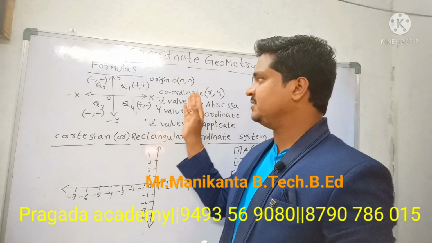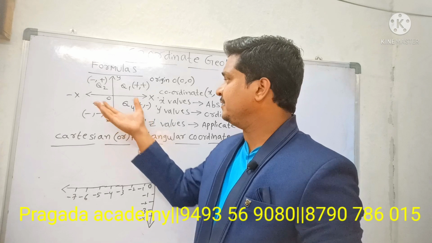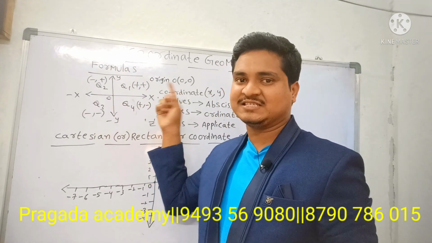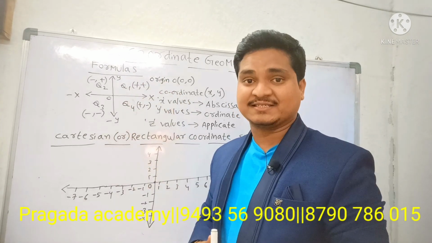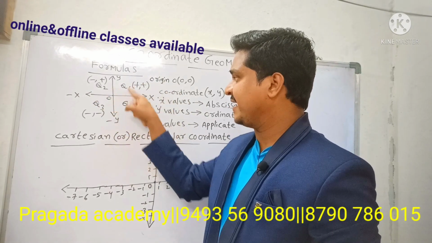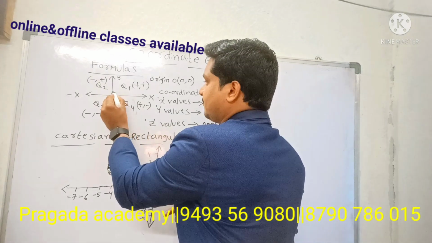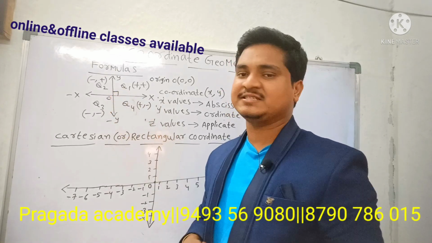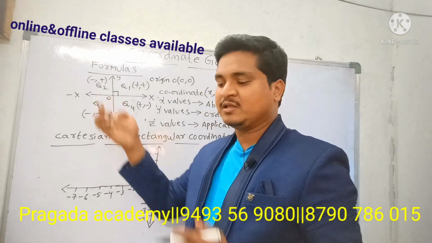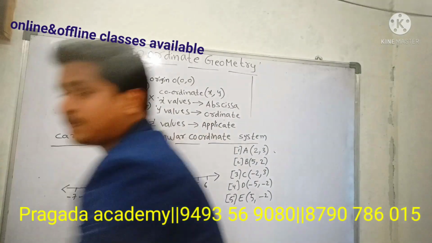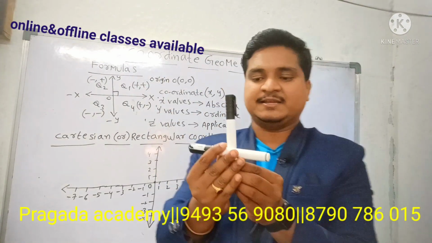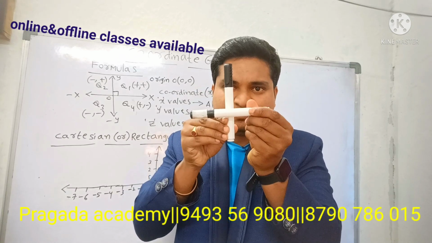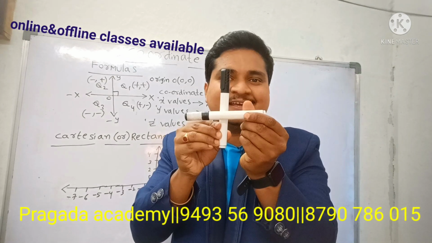According to this chapter, we have the x-axis and y-axis. The horizontal axis is called the x-axis, and the vertical axis is called the y-axis. Both axes are at 90 degrees. The angle between the vertical axis and the horizontal axis is 90 degrees, and here O is the fixed point, so O is the origin. Suppose this is the x-axis, this will be the y-axis. So we can say the x-axis and y-axis are perpendicular to each other.